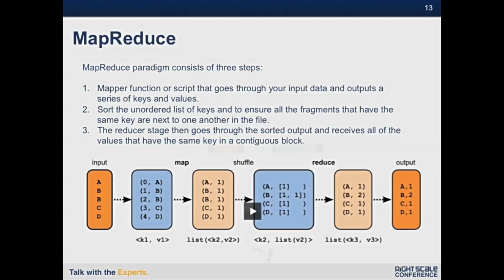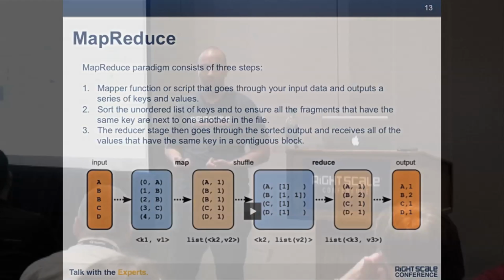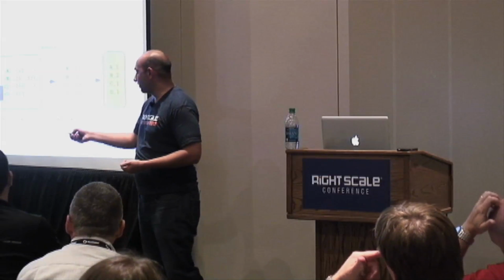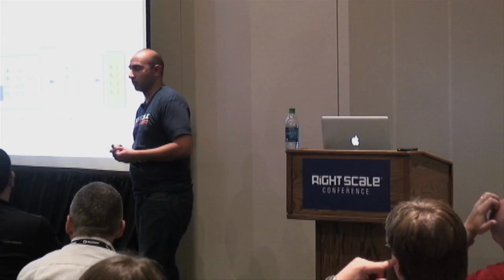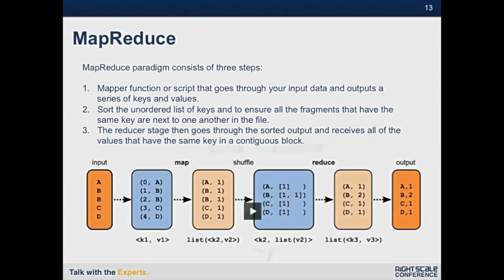The way that this would work in a MapReduce type fashion is first we're always working with key value stores. So first we've got to take this list and turn it into a key value store. So we start out by just enumerating that. So we enumerated 0 through 4, and we have A, B, B, C, and D.